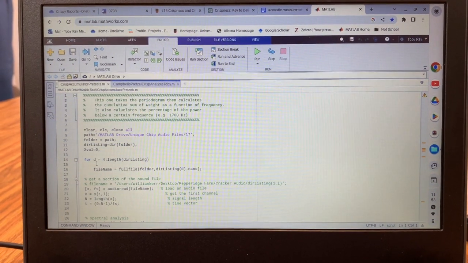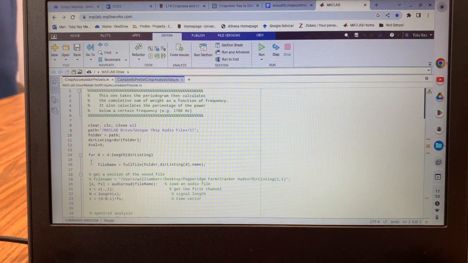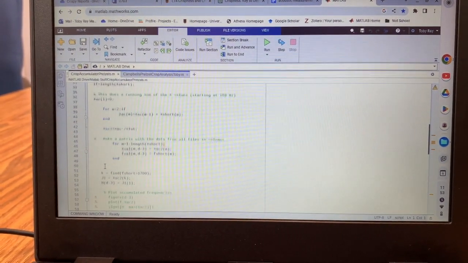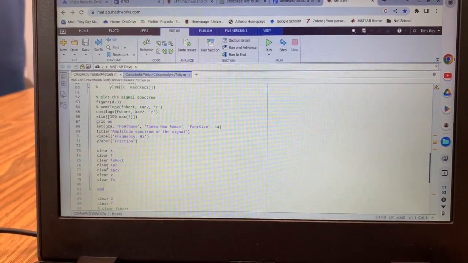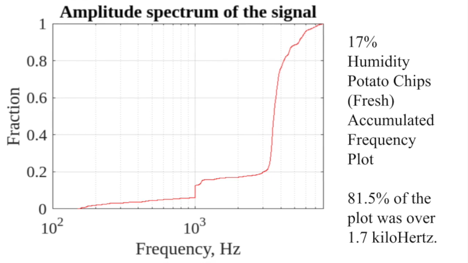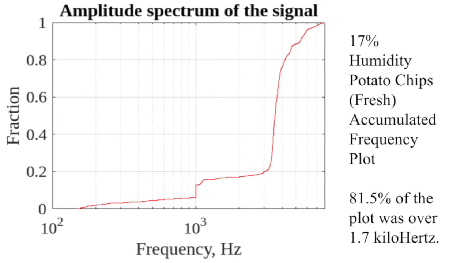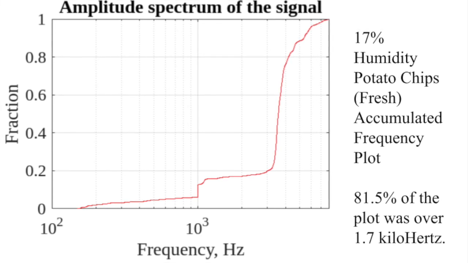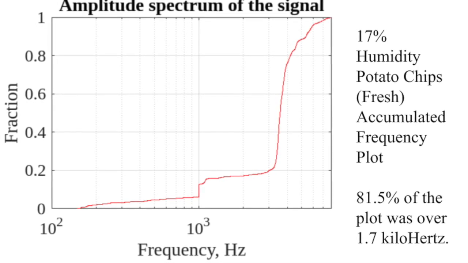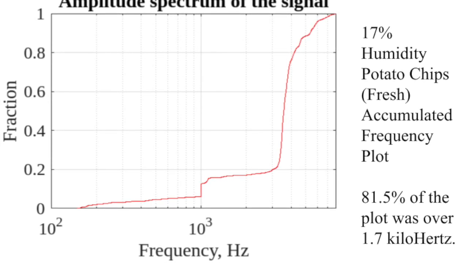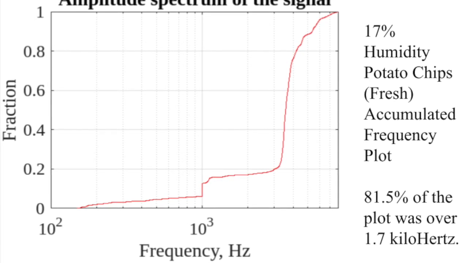We can also analyze the frequency content of the samples. In this MATLAB program, the sound files undergo a Fourier transform to better describe the frequencies present. The files are then compiled into an accumulated frequency plot. In previous research, it has been said that crisp foods are represented by a higher frequency level, with the threshold being 1.7 kHz. Using the accumulated frequency plot, we can measure what percentage of the total sound energy is over